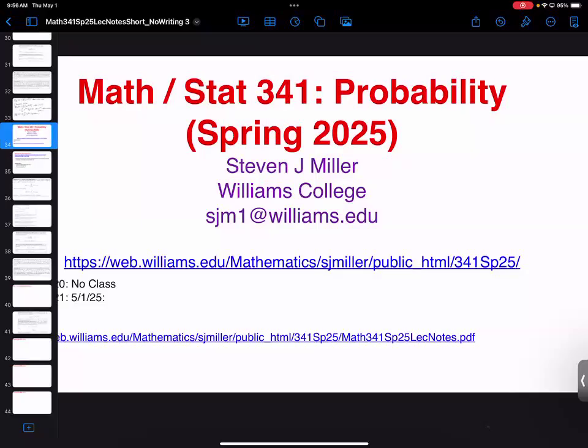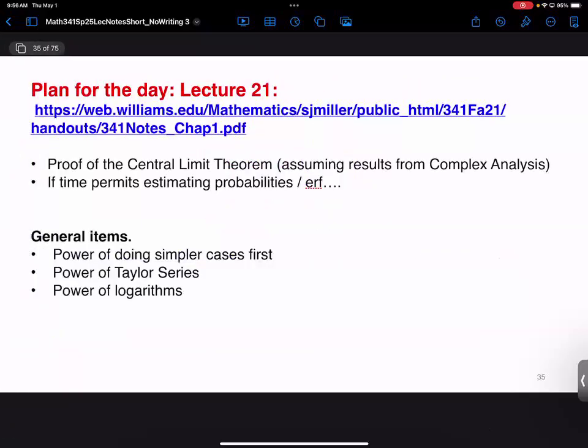And so what I want to do today is give as much of a proof of the central limit theorem as I can. Later in the semester, if there's some interest, I might talk a little bit about some of the complex analysis that's needed to make the proof fully rigorous. We've already seen, looking at things in real analysis, how difficult the subject can be. We have a situation where we have a function, all of whose derivatives at 0 are 0, but the function is not identically 0. So knowing the Taylor series is not sufficient to knowing the function. Similarly, knowing the integral moments is not sufficient to determine the distribution.